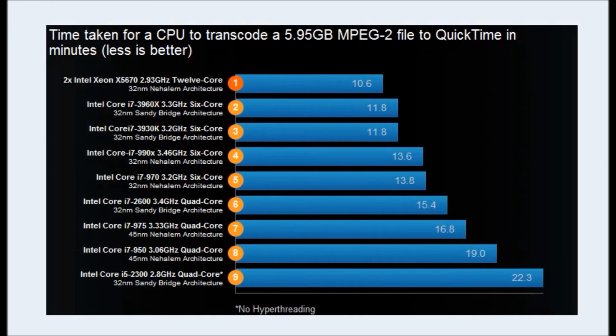Now, video editing programs that use the CPU for rendering, such as Adobe Premiere Elements and EDIUS, are examples of highly multi-threaded applications. The more cores that are available, the faster the application will render. So, for these programs, I would choose a slower CPU with more cores as opposed to a faster CPU with